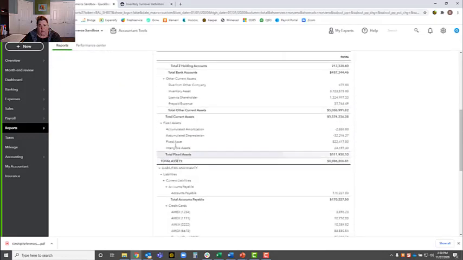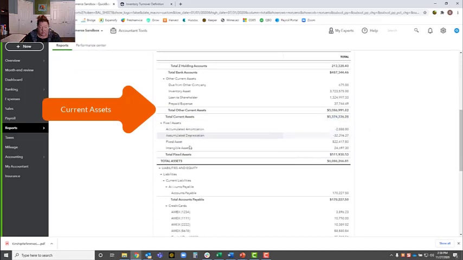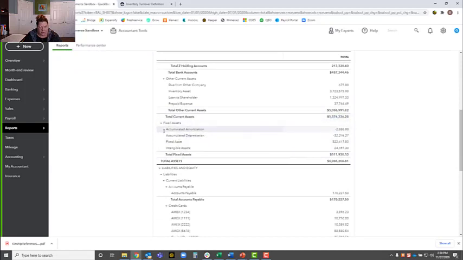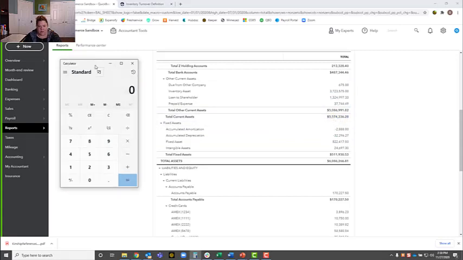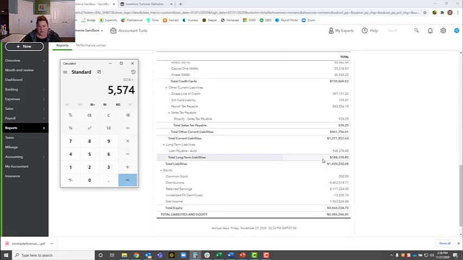So I'm going to look at my total current assets, which by the way excludes what I would consider long-term assets, like intangibles. These are not things that could be bought and sold with any sort of ease, or they're not operational day-to-day assets that I'm capitalizing on to sell the way I am with inventory. So if I take my current assets, and I'm going to pull up my calculator so you can see, $5,574 divided by, and let's go down here to total current liabilities, divided by the first four numbers of that one,